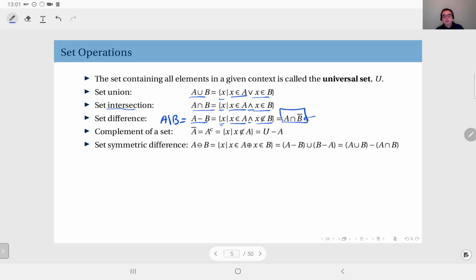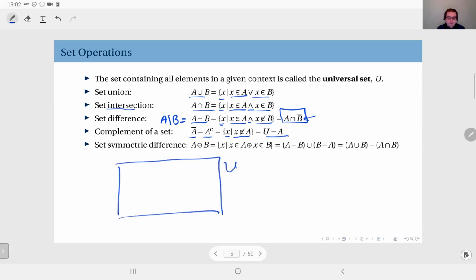So what is a complement? Let's define the complement of a set. A complement, we will use this notation usually, but sometimes you can see this A to a superscript C. This is the set of x's where x is not in A. Or simply, this is the set difference between the universal set and set A. Okay, so simply,